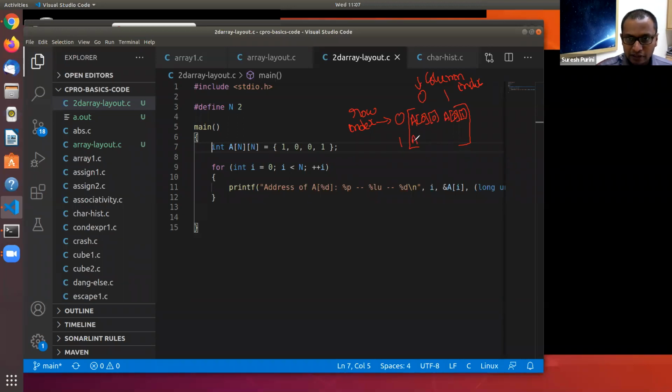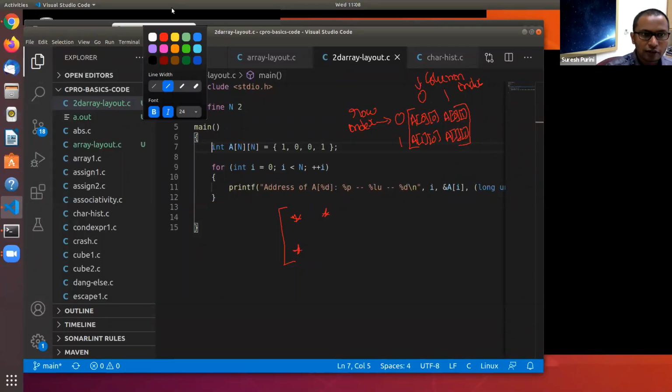And this element is a of 1, 0, and this element is a of 1, 1. And what happens in the memory is that these are 4 elements.